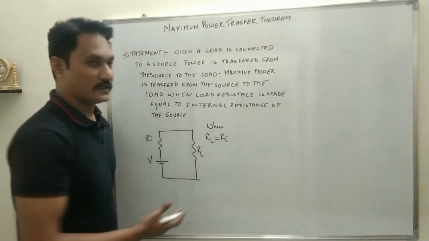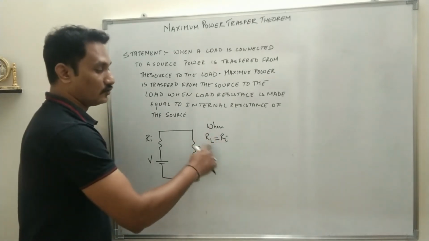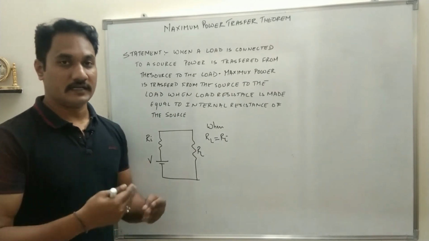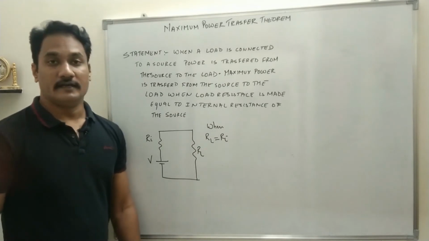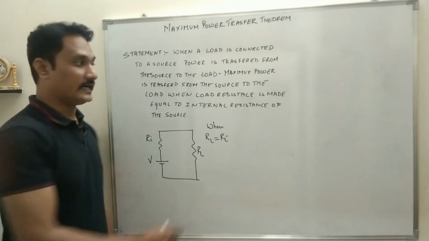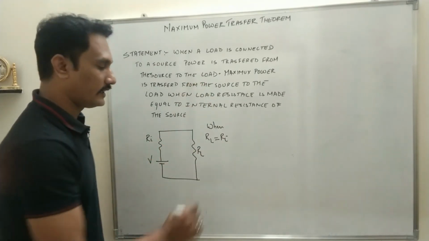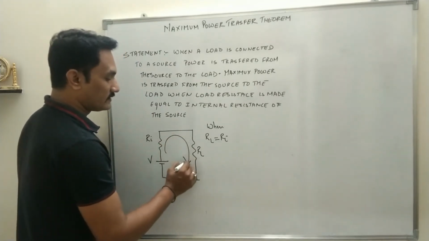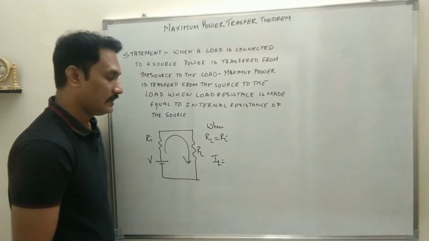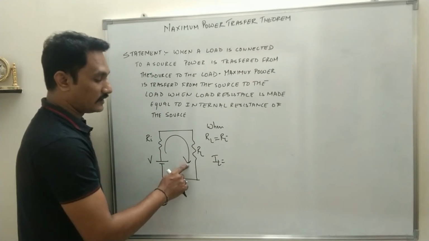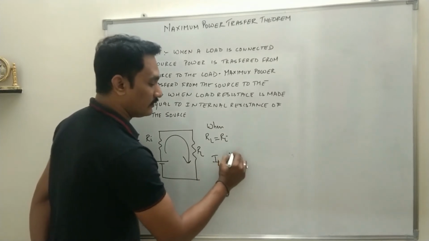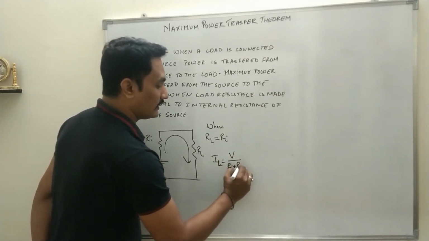Okay, so of course we can mathematically prove that this is true. If this is true, then maximum power will be transferred. We will do both the things. Mathematically, we will prove that Ri is equal to RL, and second thing is we will solve the problem so that you can understand if that statement is true or not. Okay, so of course in this circuit what you can see is the current flowing in the circuit, IL. Of course two resistors are connected in series, so current remains the same, right? So current through RL, let us denote it by IL, will be total voltage divided by total resistance.